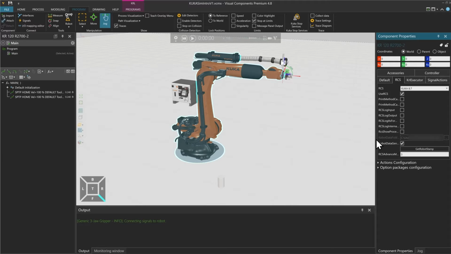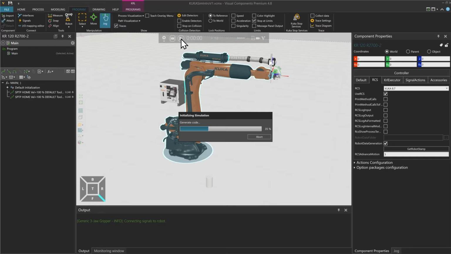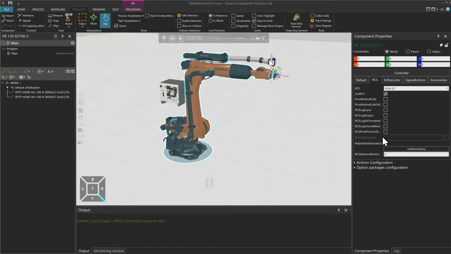In addition to that, if you have some problems or errors, you can generate new ones. For that, you just have to deselect the tick in the box, select the whole path, delete it, and reactivate the robot data generation button, and then play the simulation again, and the robot will generate new machine data and create a new temporary path.